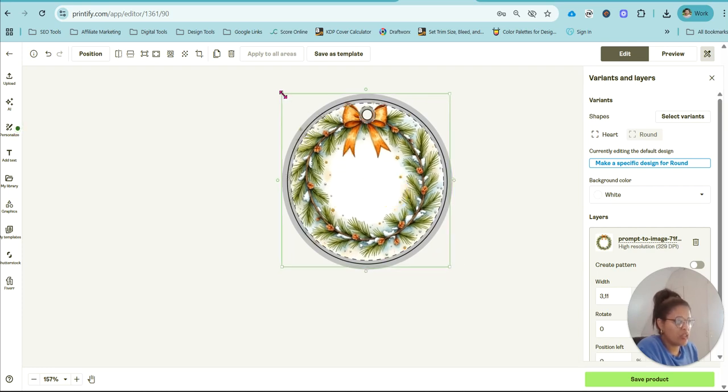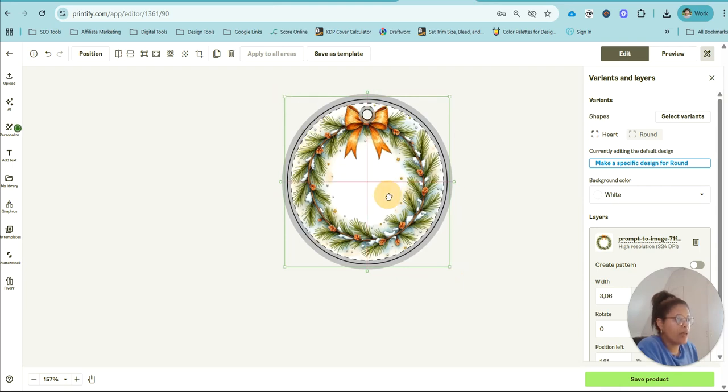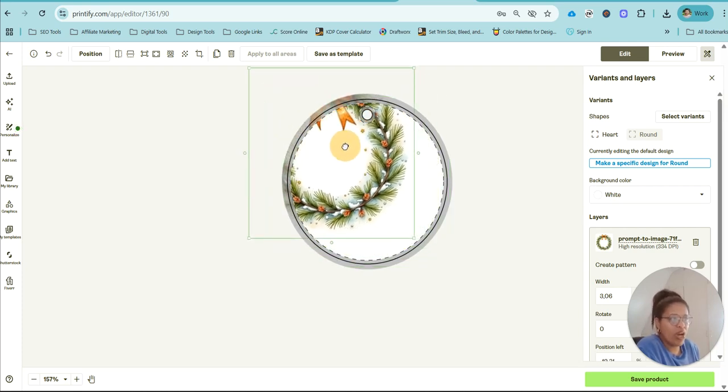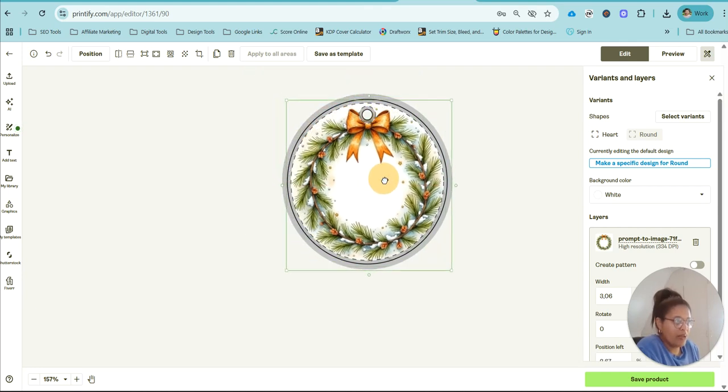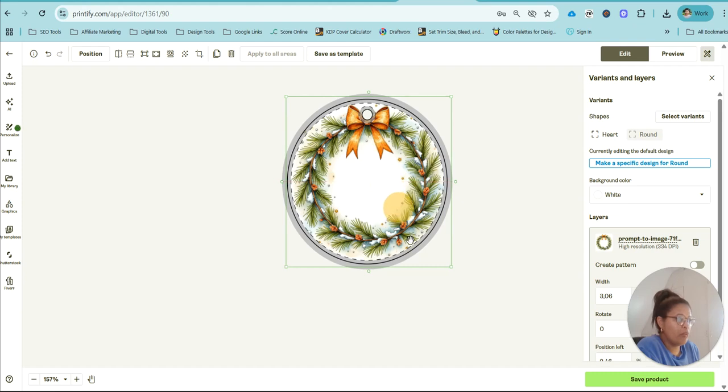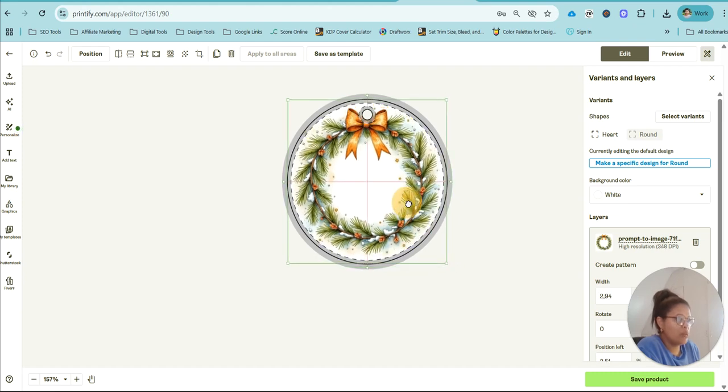Anything beyond that is the cut off area, meaning that once you set this up as a physical product, if your design is beyond the perforated line, it's in the danger zone of being cut off. So if there's a letter or a font or something over this perforated line, just know that it will be cut away. So it's very important that your design is within the perforated line